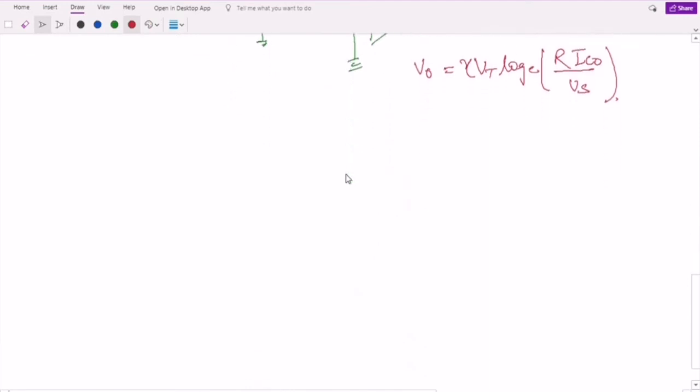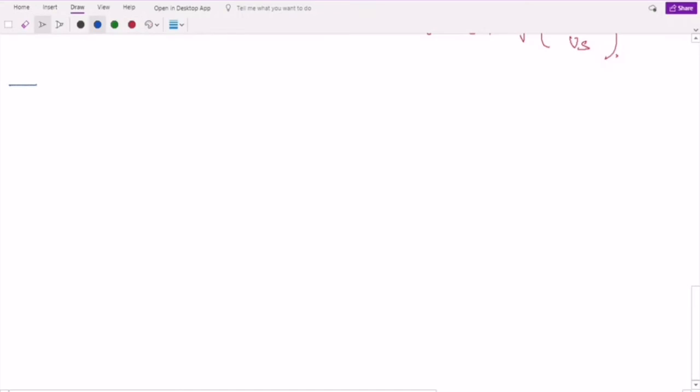Now next I'm going to discuss the last topic of today, that is the anti-log amplifier. So what is this anti-log, which is doing the opposite operation to that of the natural log? As we have just done in the case of integrator and differentiator, we just replace the capacitor and the resistors. Similarly over here also, if we replace the diode and the resistor in the logarithmic amplifier, we obtain the anti-log amplifier. This anti-log amplifier is also called the exponential amplifier.